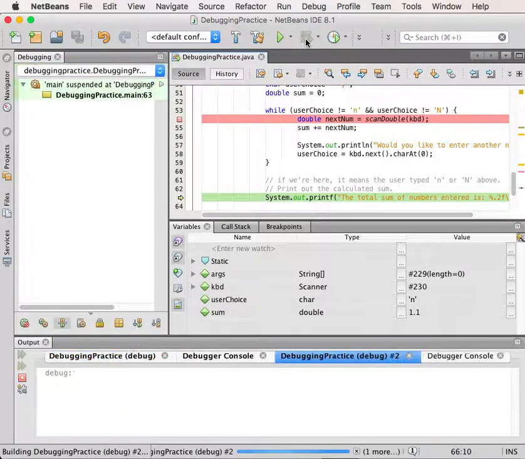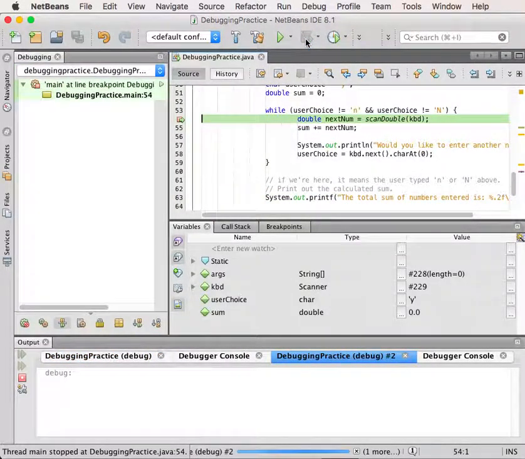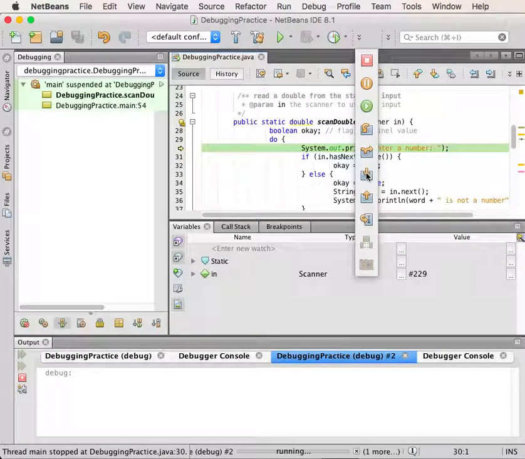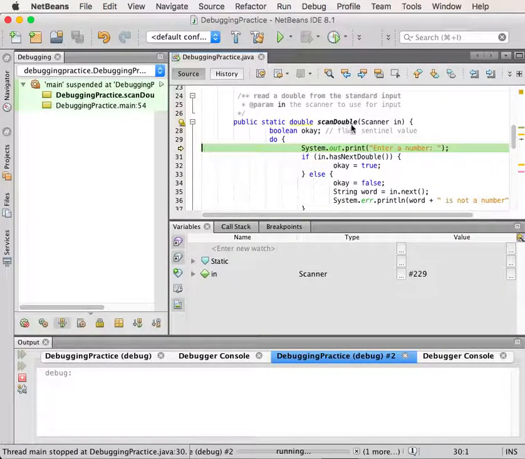So if I debug, I'll stop right there. And then instead of using the step over button that I've been using, I can use step into to step into my method call like this. Now it goes down into the scan double method instead of stepping over it, and now I can step over the items in the scan double method. So if I do a couple of these,